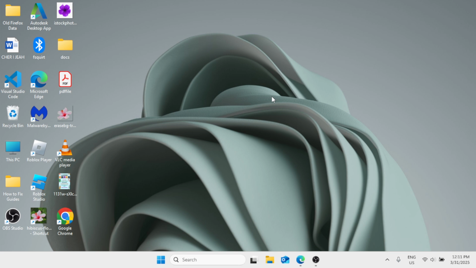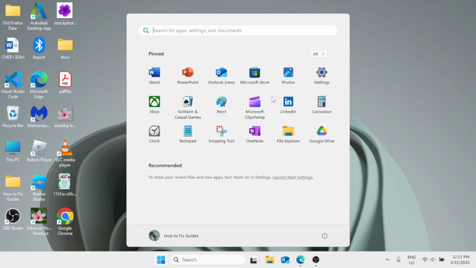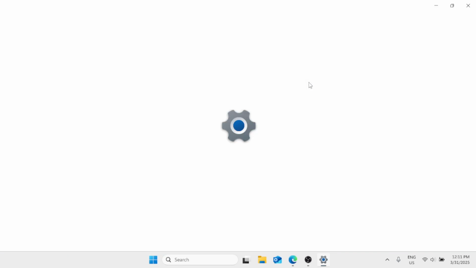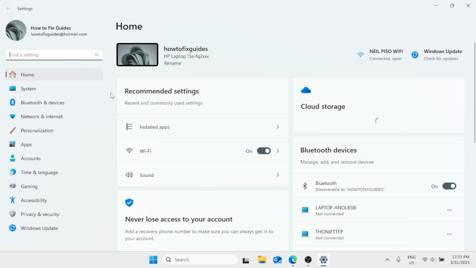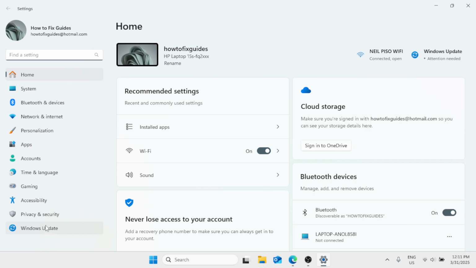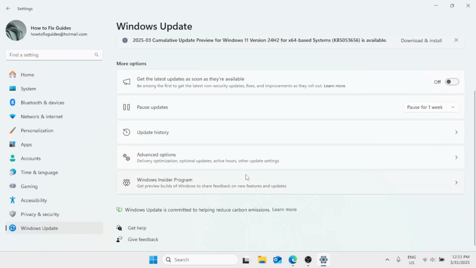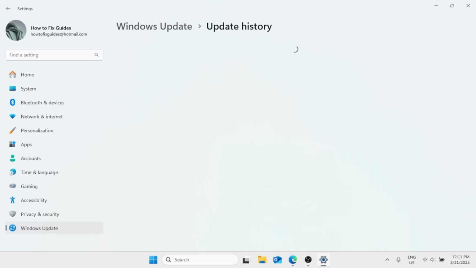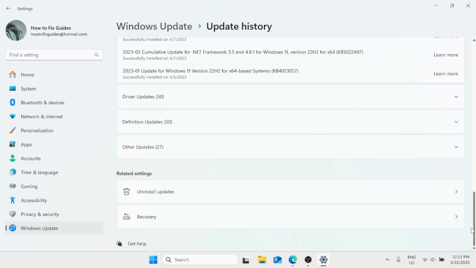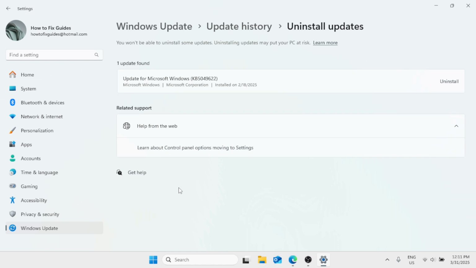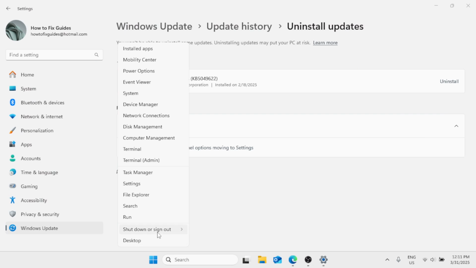Now the next method is that we can also uninstall the latest updates of our Windows. So press the Windows key on your keyboard, click on Settings. In the list of options in the left pane, look for Windows Update. Scroll down and you'll find Update History. Scroll down to the bottom and you'll find Uninstall Updates. Here you'll find all the latest updates on your Windows. So just simply uninstall them. Click on the uninstall button. And after the uninstallation process is successful, right-click the start button, shut down or sign out,